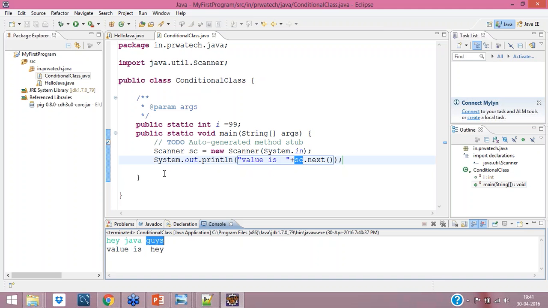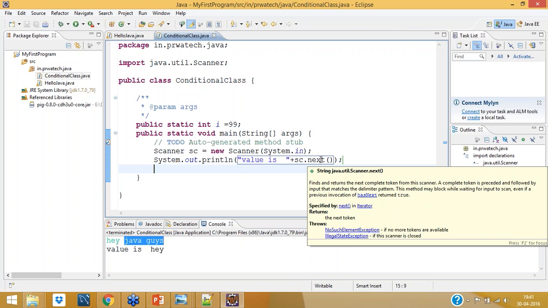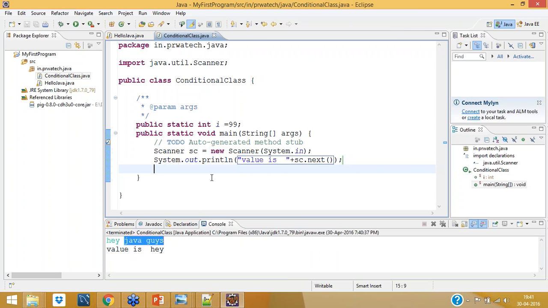So it took the first one, hey, then it stopped because it doesn't have any other command. This is all about the command that we are writing.